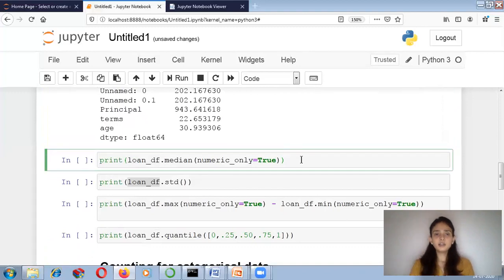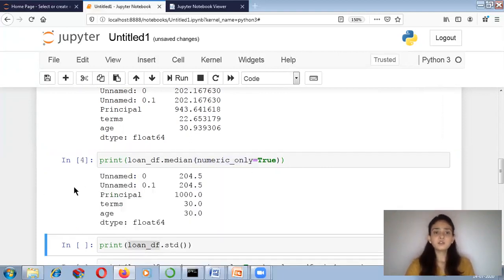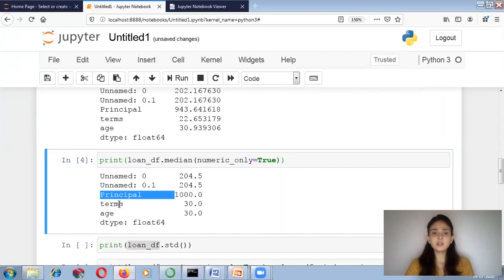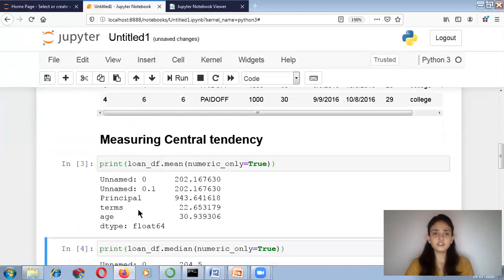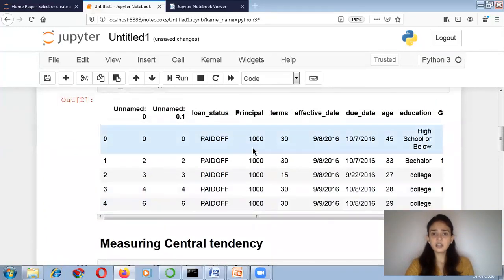Now I want to calculate the median of the numeric data only. So I am writing numeric_only equals True. Then you can see that it is giving me the answer and it is calculating the median of my variables, that is principal, terms and age. So these are my different values in the principal column, that is 1000 and like that.